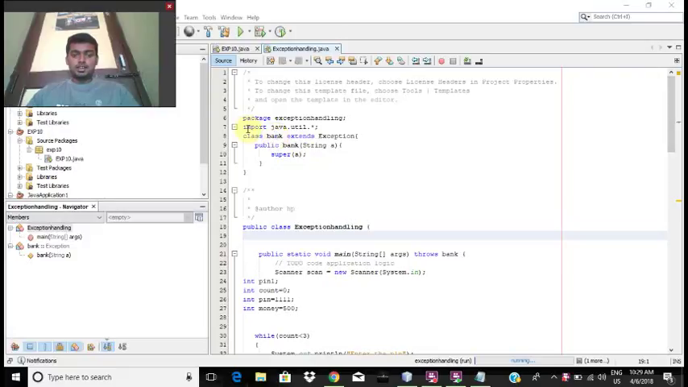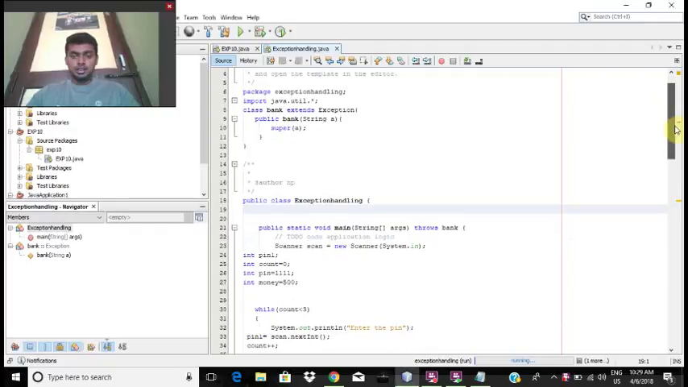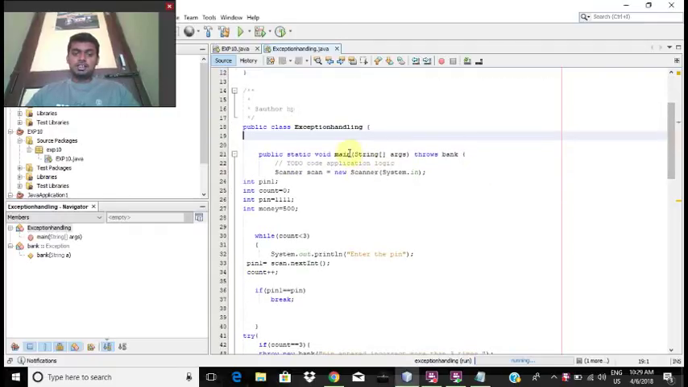First, we import java.util.* with an asterisk to include all the subclasses. Then we create a class Bank which extends Exception in order to create our own custom exception. This is the constructor: public Bank(String a) with a super call. Then we create a public class ExceptionHandling, and under main we use the Scanner class,